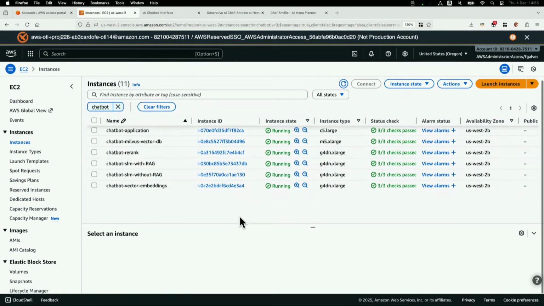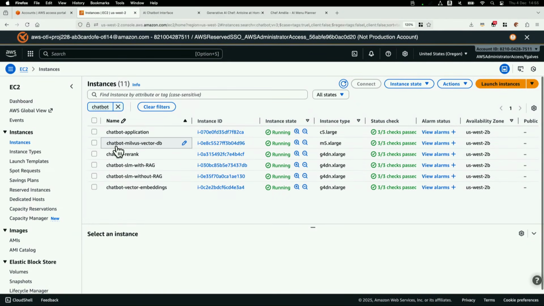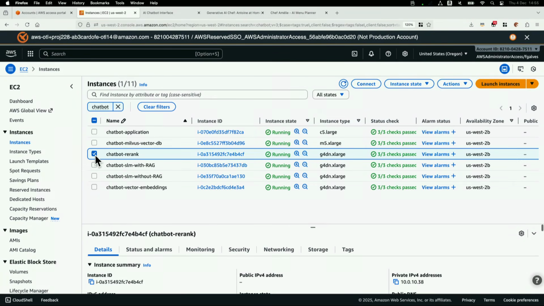So the architecture here, we have Milvus running as a vector DB. We can also run using RDS Postgres with pgvector, you can enable this extension if you wish, or a different vector DB that you can run. We are using re-rank, another instance that we will explain later in this presentation.